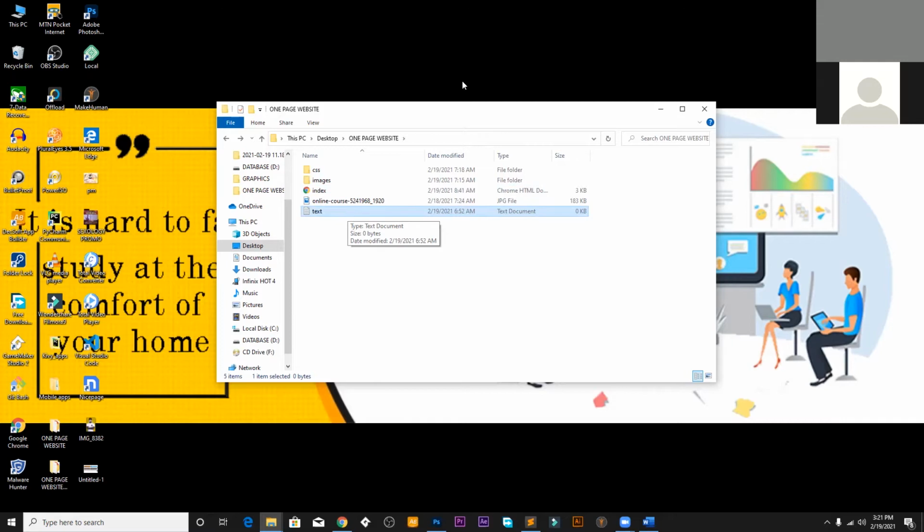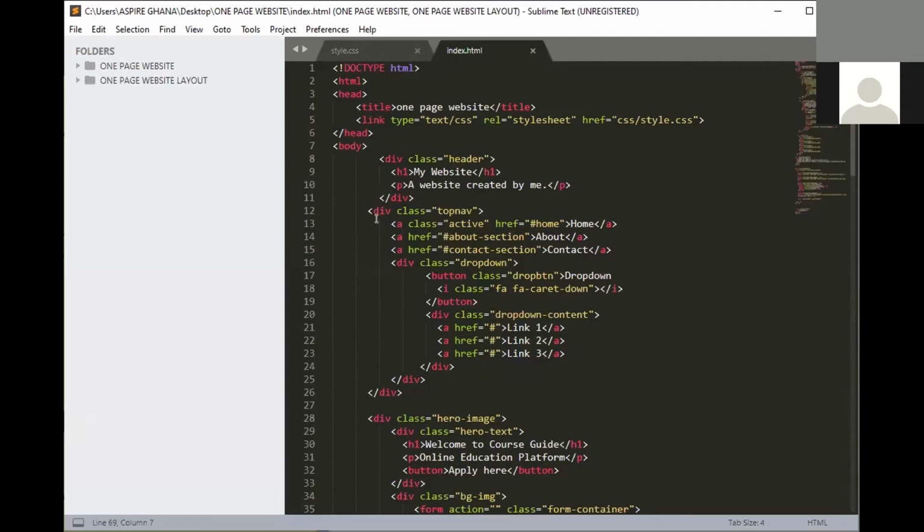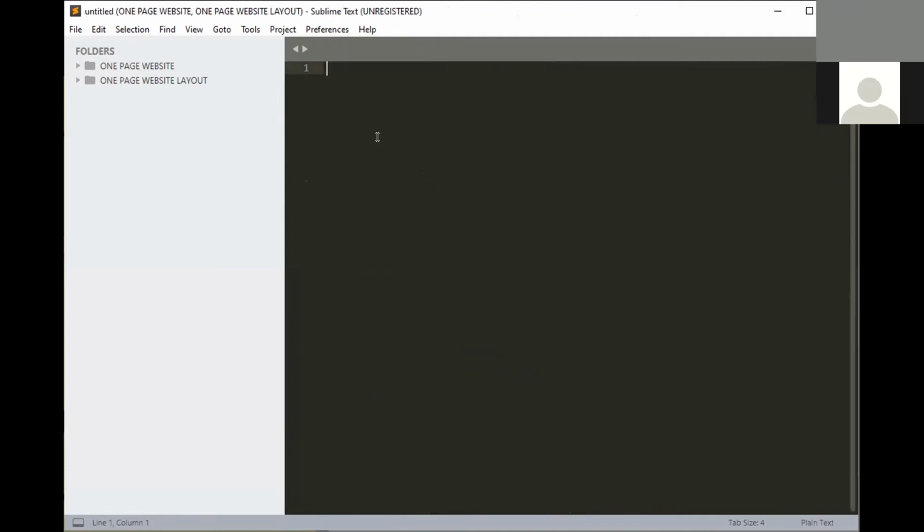All right, so let's go back to the code screen. Now, this is what we have. We have already coded it for the purpose of this class. So I'm going to copy it and then explain to you how they all work. So the first thing we are going to do, let me close these ones. The first thing we are going to do is to drag your folder onto the text editor, right? You drag your